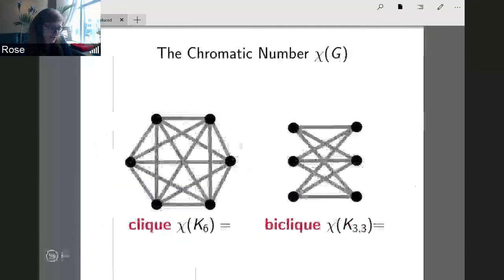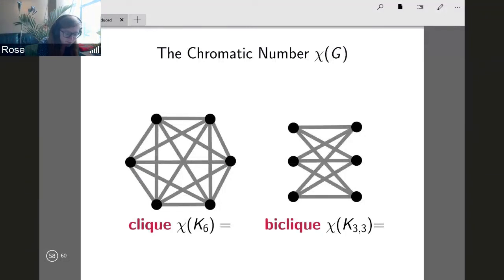And then there's one other thing I want to talk about, which is that all of these problems work well for the chromatic number as well. So the chromatic number being the minimum number of colors it takes so that no two edges are joined versus the same color. So for K6, chromatic number 6, and for complete bipartite graphs, they have chromatic number 2.